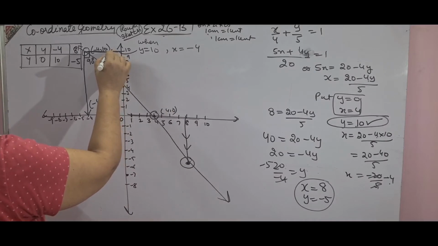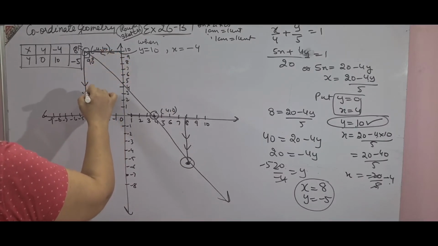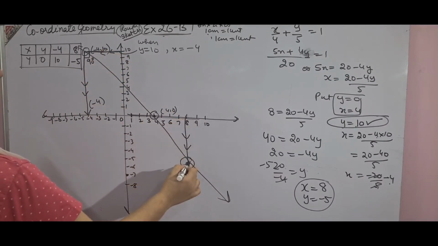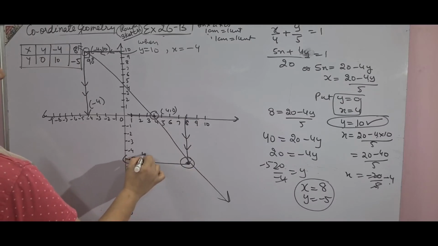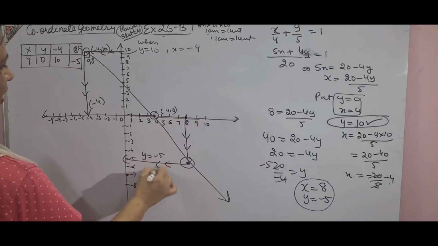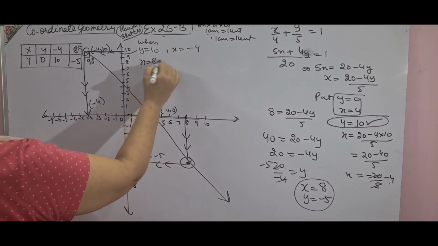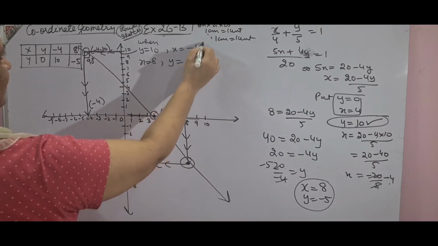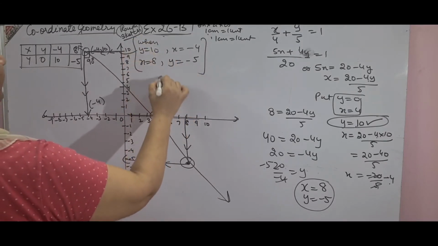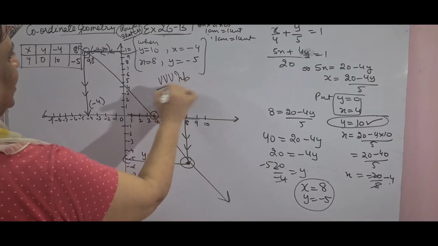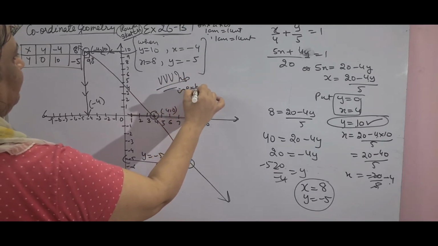Similarly, you put the arrow on the side of the answer. Over here, x is equal to 8 is given, so your answer will be y is equal to minus 5. And then again, you can write when x was 8, y is equal to minus 5. And this is how you plot it. Very, very important sum, and is expected in the paper.